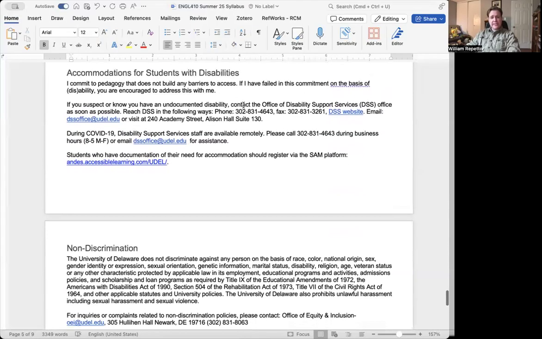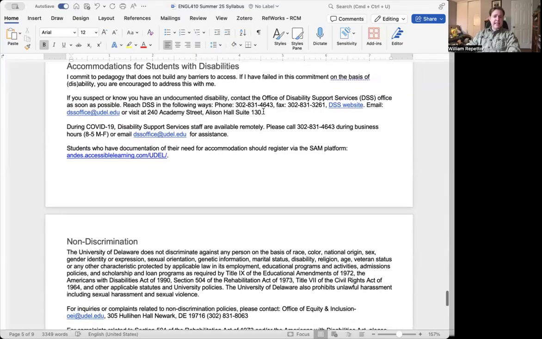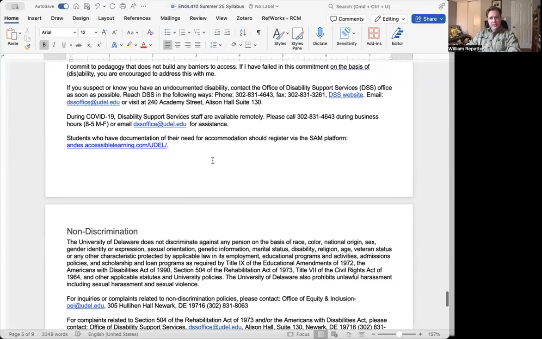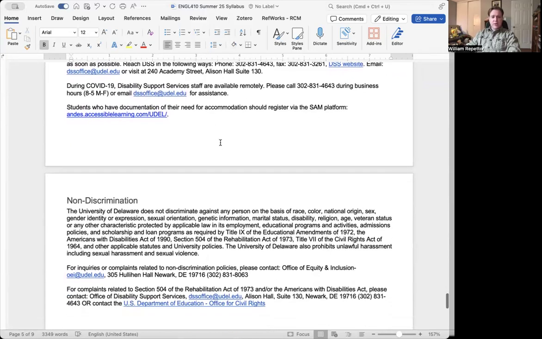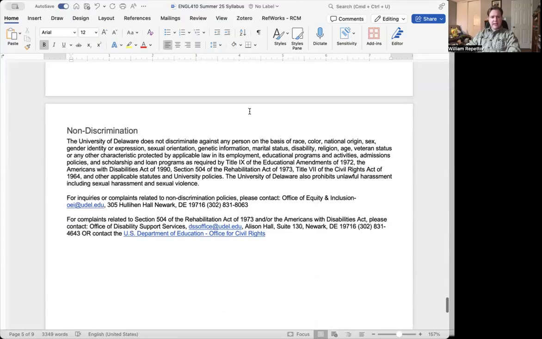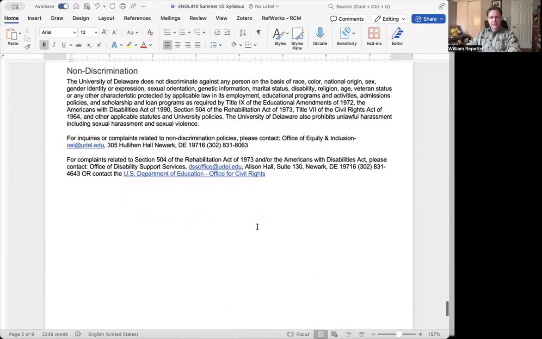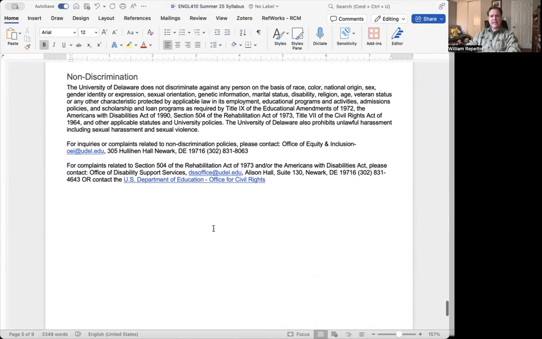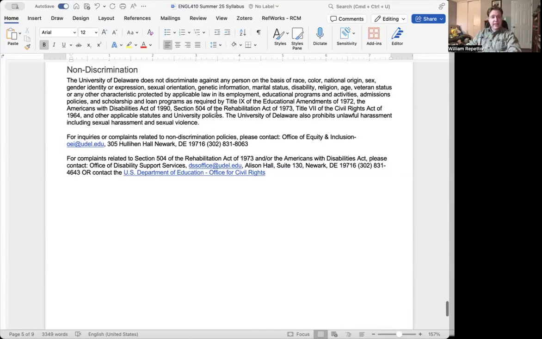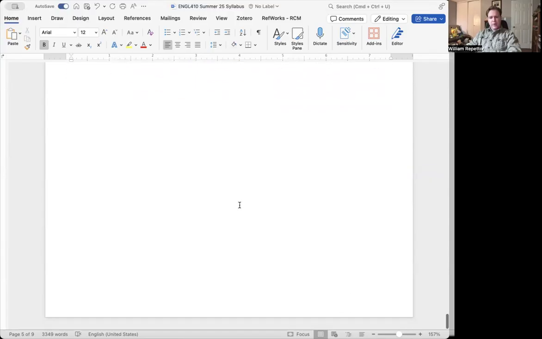Accommodations for students with disabilities. I hope I've made a course that doesn't have many barriers to access, but I am committed if I have failed to help you with your ability or your disability, and so please address it with me first. And then again, we have the disability support services that we can go to as well. So just reach out if you have any disabilities. Again, non-discrimination. Hopefully, with our grading platform and with our discussion conduct rules, we won't see any kind of discrimination. But if you feel that you see anything out there, your best bet's usually to contact me first, and then we can go to these other offices as well who are here at the university.